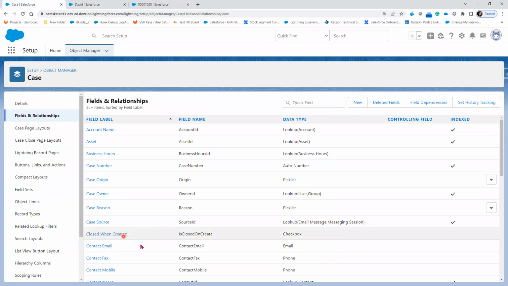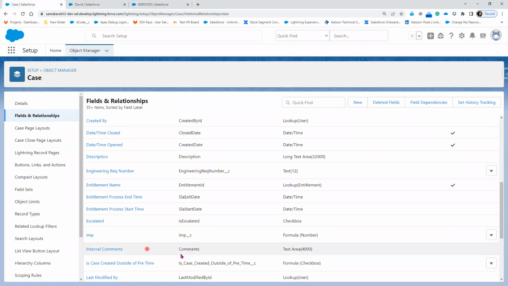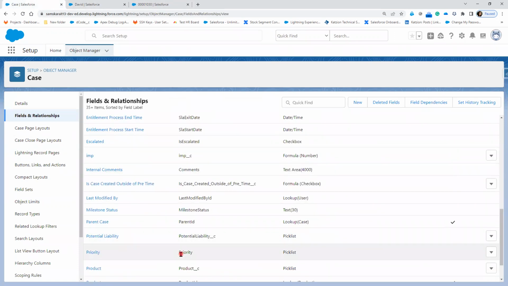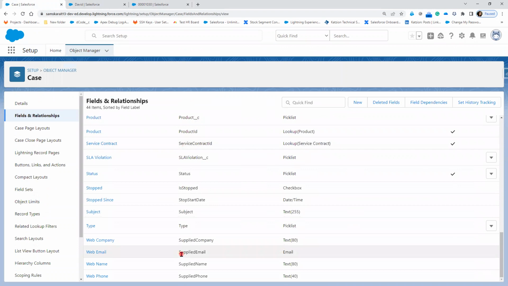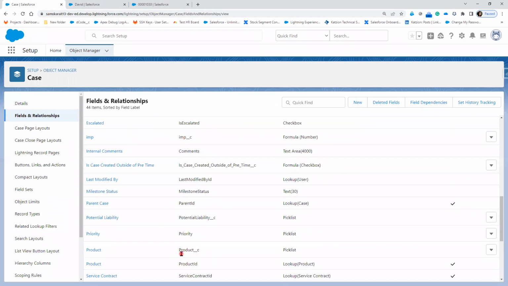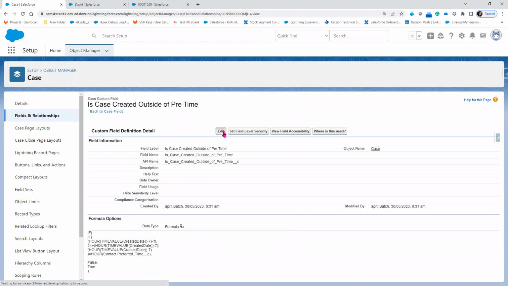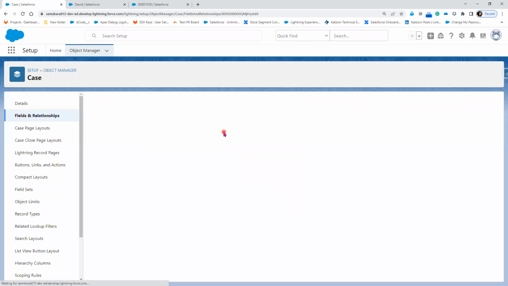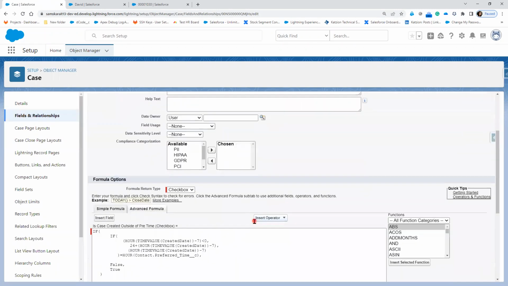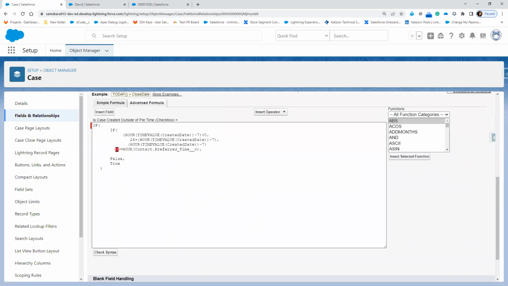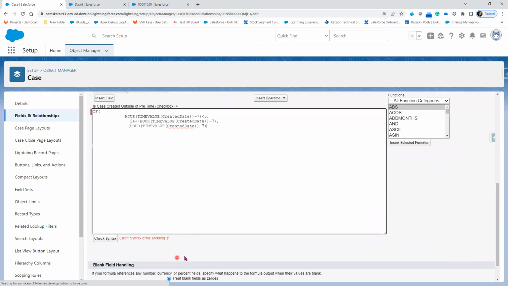Now here, there is a formula field. So let's click on this. Now edit. Now let me update this. I'll remove the second if condition. That means whatever the high level is there, I'll just remove it to check what is the